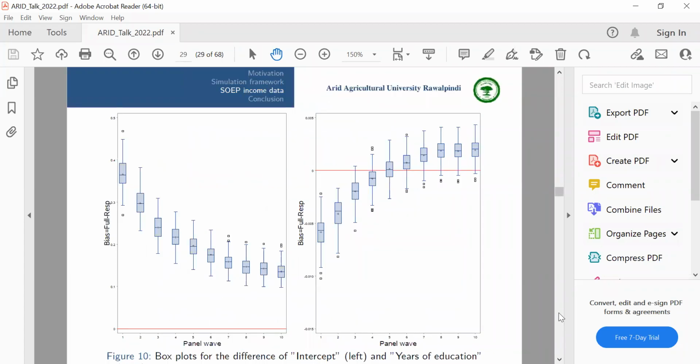Similarly, we compare the estimation results by this box plot design, and you see